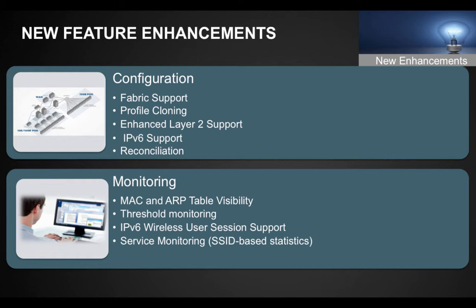We have added support for important features like VLANs and firewall filters. All these features can be configured for IPv6. On the monitoring side, we have added support for MAC and ARP table visibility. With that, we are now able to identify a particular host based on its MAC address. Network Director will show you what physical port that device is connected to. So it really helps to troubleshoot complex issues in the overall network.